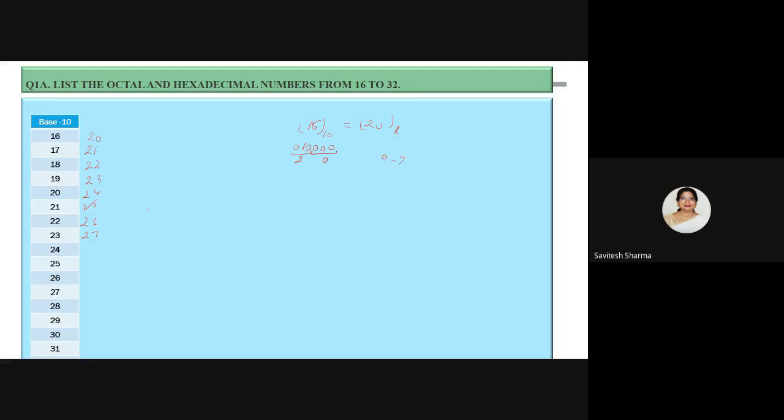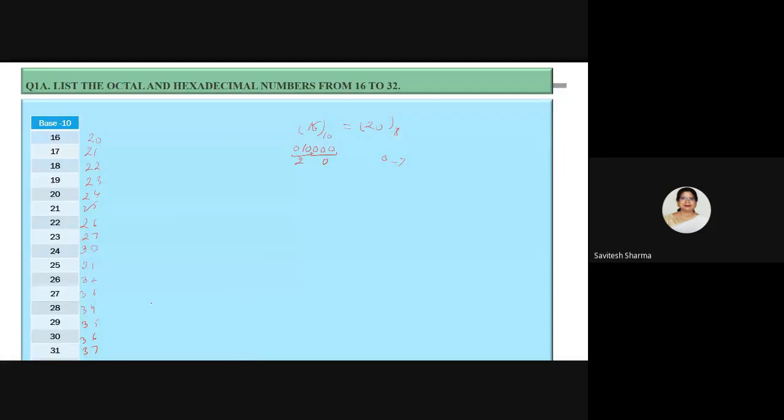8 will never come. So again I will start with the 0 and my series will switch to 3, because this was 2, so you will switch to 3. Okay, again you will start with 30, 31, 32, 33, 34 and you will move up to 7: 35, 36, 37. Again you see that now 7 came. So you will not go to 8. You will again roll back to 0, but this time you will use series 4. So like this you will write the octal numbers. Okay.